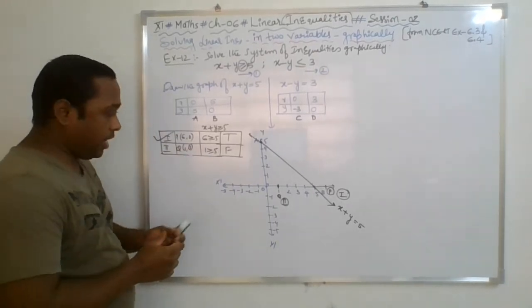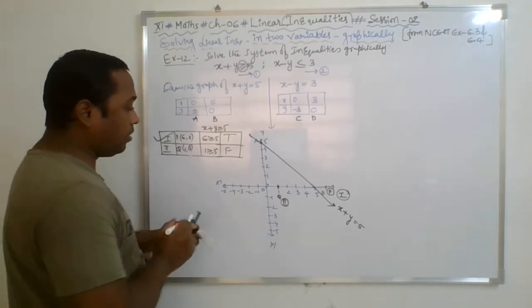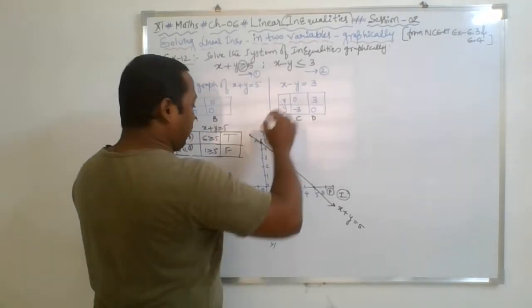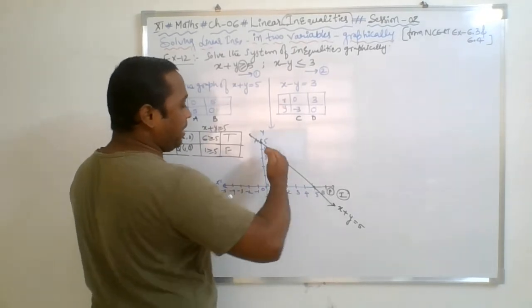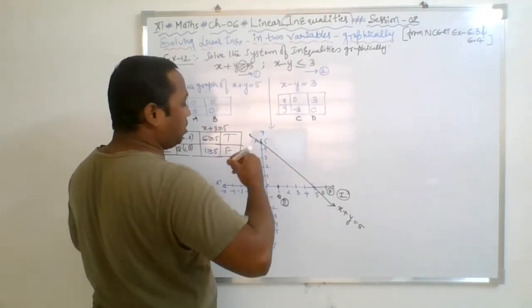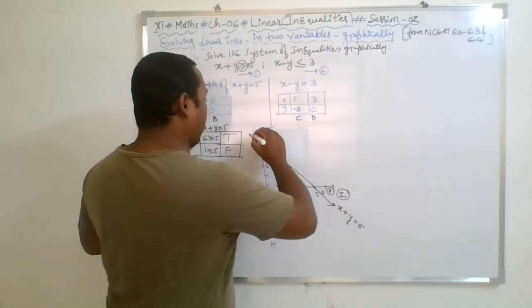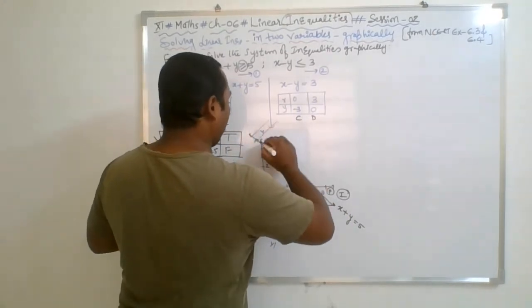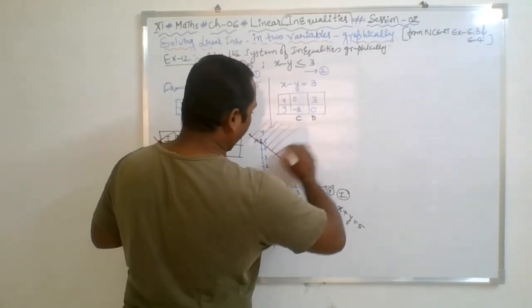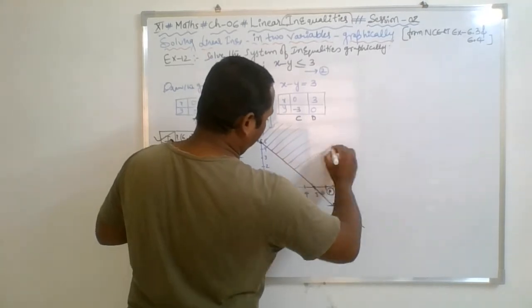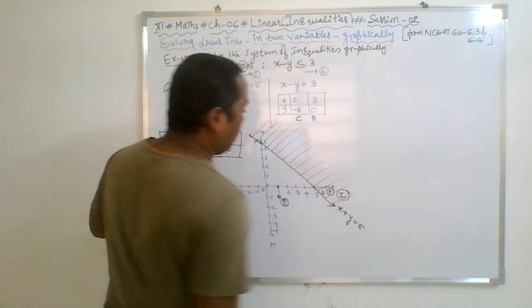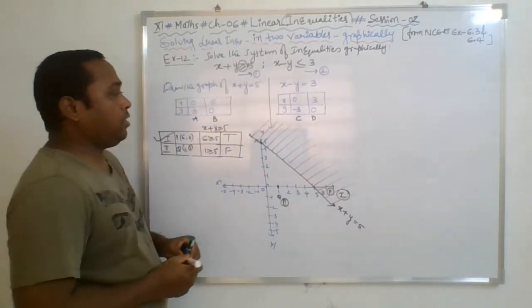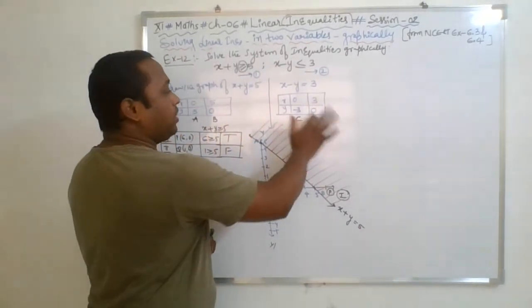First part. So I need to immediately shade this one, what we called the first half plane. Means the upper half plane is the solution region for this line. So I am just shading that one. That's it. And thereafter, now I have to go with the second one.